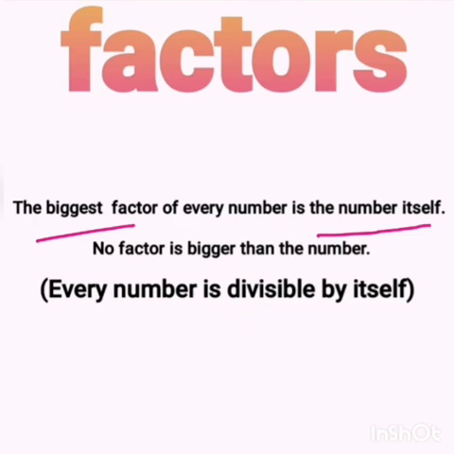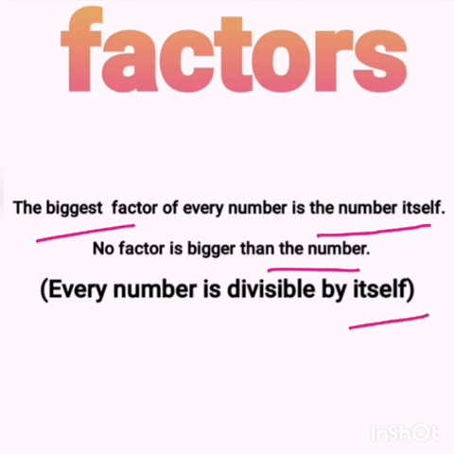No factor is bigger than that number. And we stop dividing when we reach that number. So in case of 10 also we divided till 10, and in case of 9 also we divided till 9, right? Because after that we will always get a remainder, right? So the biggest factor is that number itself. Why? 10 is always divisible by 10 and 9 is always divisible by 9. So any number is always divisible by itself.